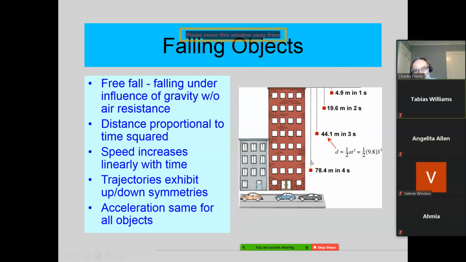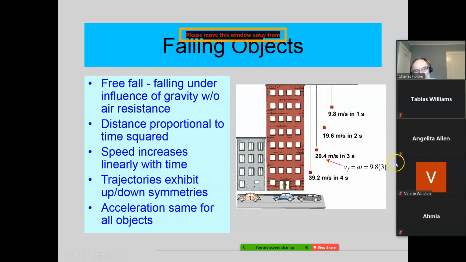Now, the key here, the acceleration is the same for all objects. Here was the acceleration that influenced the displacement. There was the acceleration as it influenced the velocity, and it's always 9.8 meters per second squared downward. Okay, now